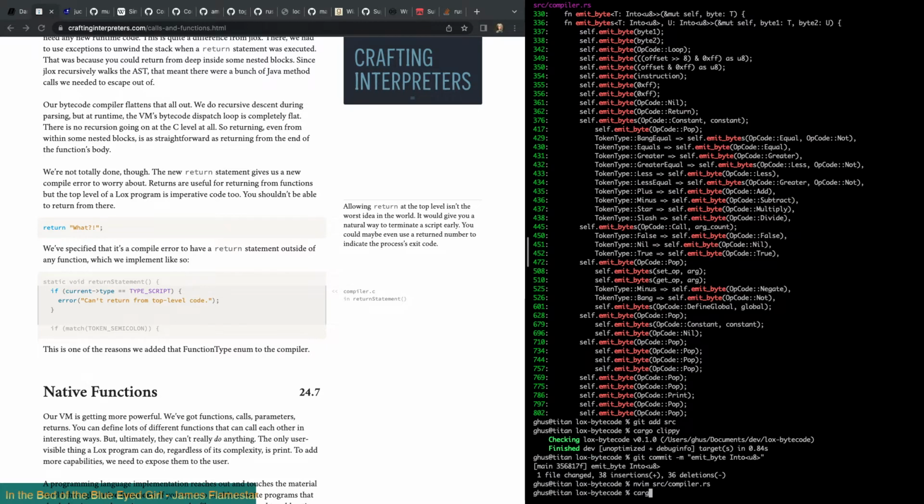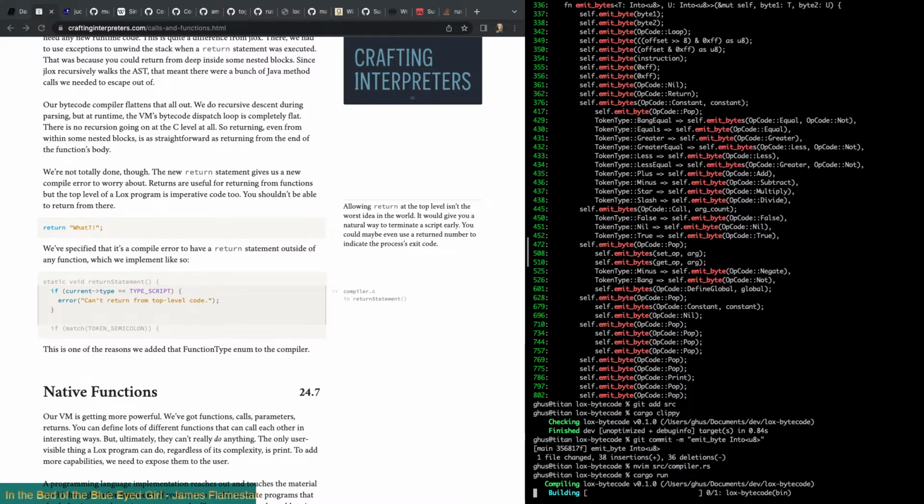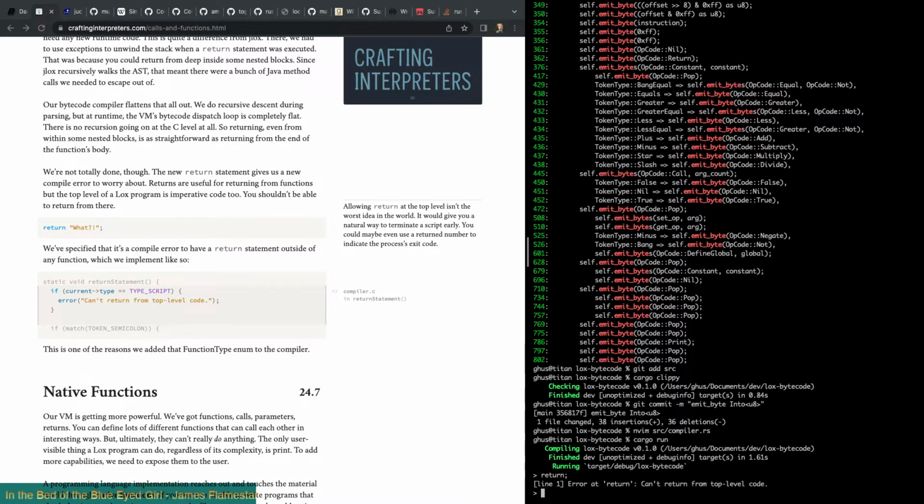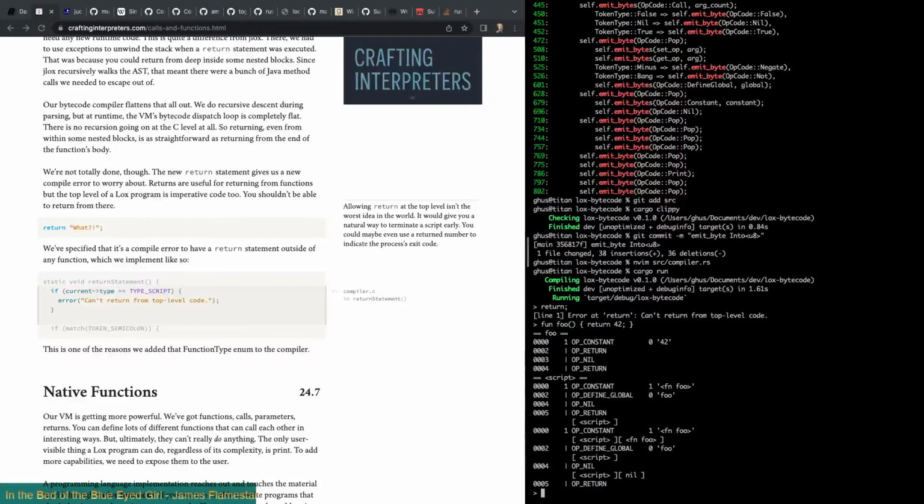Okay, so if I say cargo run, and if I just do a bare return here, it should give me that error. Error at return, can't return from top level code. But I should be able to create a function, foo, which returns a number. And let's see, it did not work. Right? We should see, it's also throwing in a nil return.